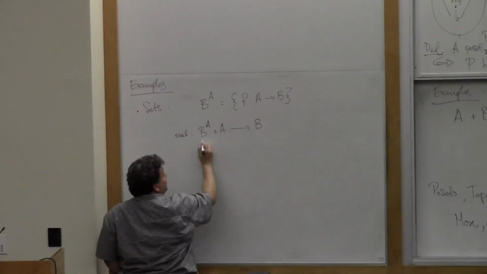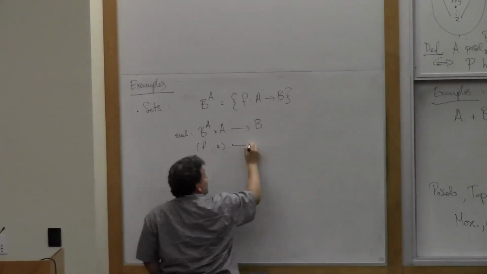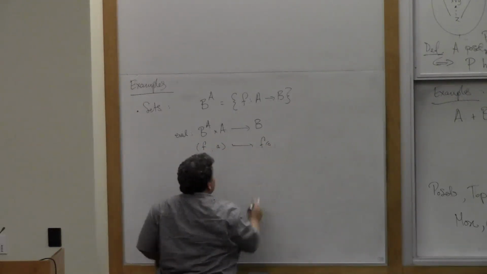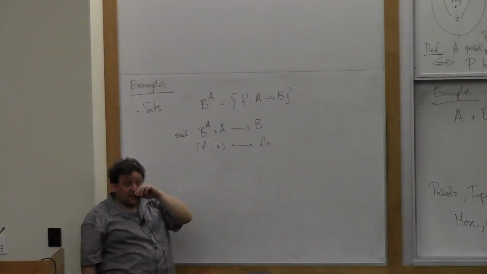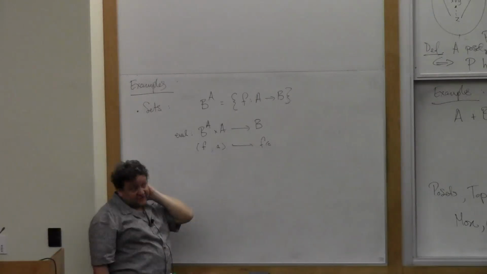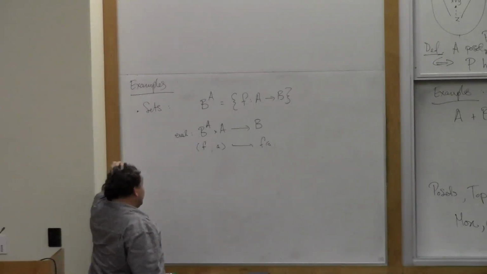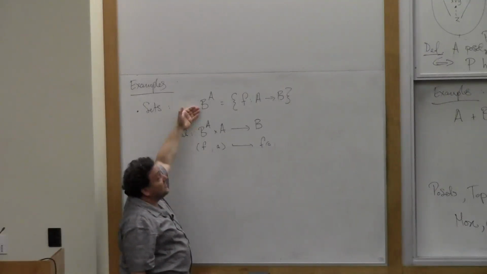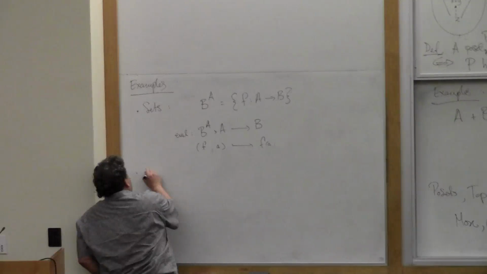What does the evaluation function do? It takes a function f and an argument a, and it returns f of a. This structure really has that universal mapping property, and it's uniquely characterized up to isomorphism by that universal mapping property. So if you like, you can take this as a definition of the set of all functions from A to B. In posets, too,